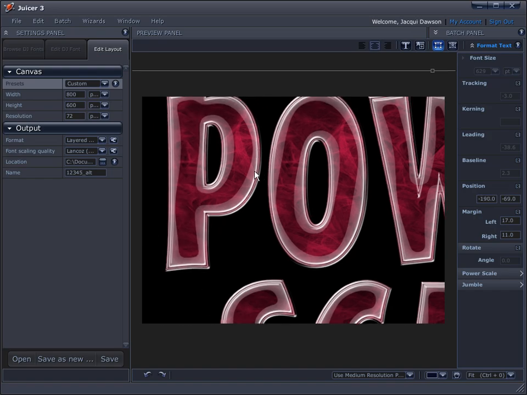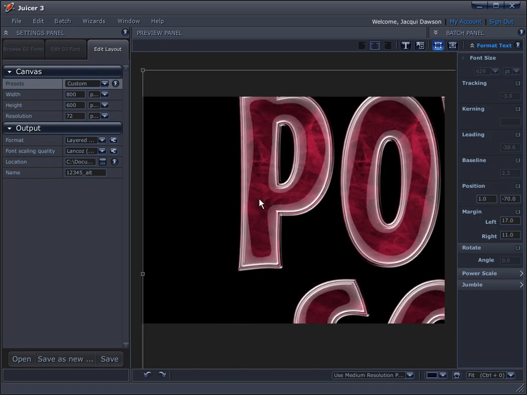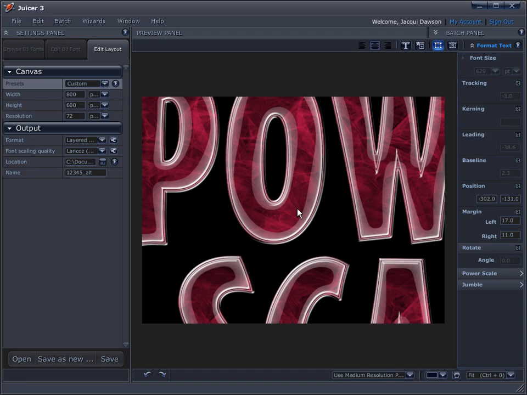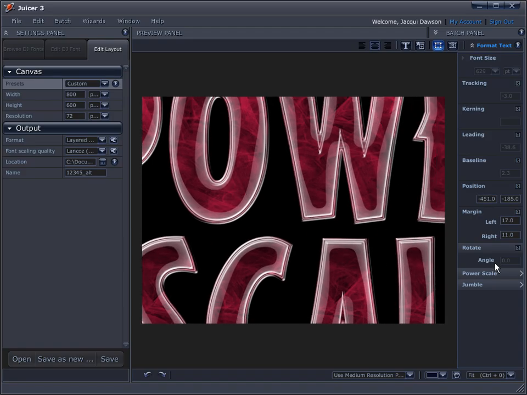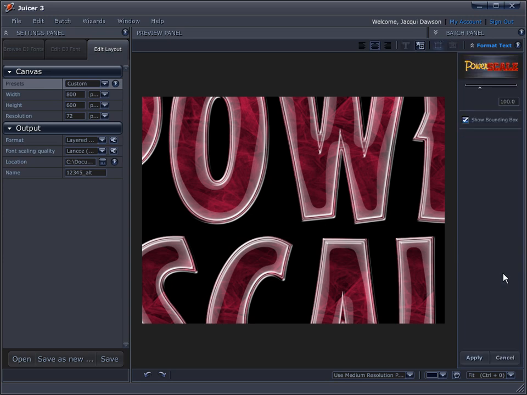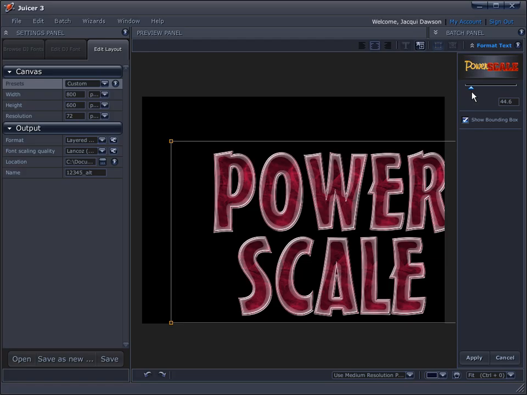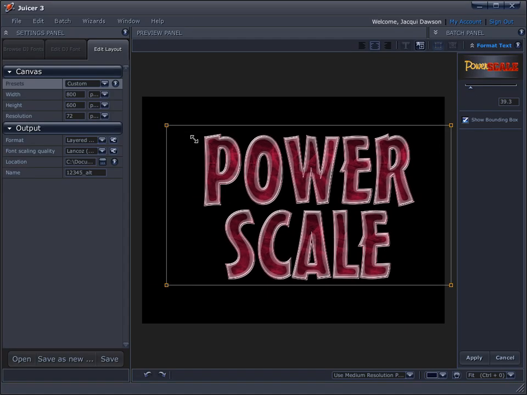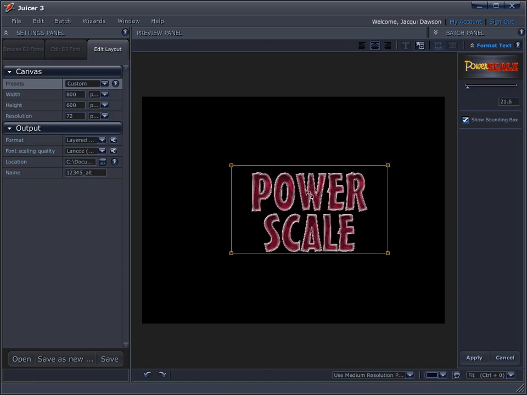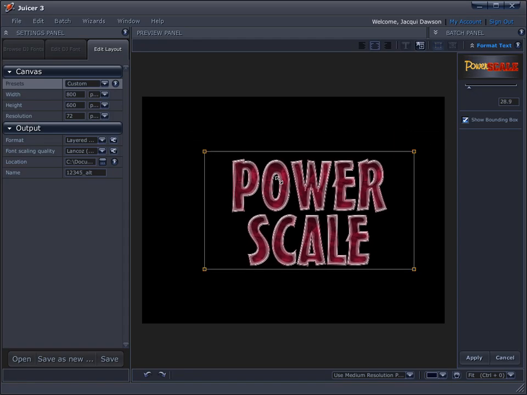So what PowerSCALE allows you to do is easily scale this text down to a size that will fit in your new layout. And to do that, I just need to come over here to PowerSCALE, which appears here when you install this plugin. It'll appear here under your Format Text panel. Just click on it and we'll go into PowerSCALE mode. And by just moving our slider down, it will scale down our text bounding box and the text contained inside of it. Now you can also select the corners of the bounding box and drag in order to scale the